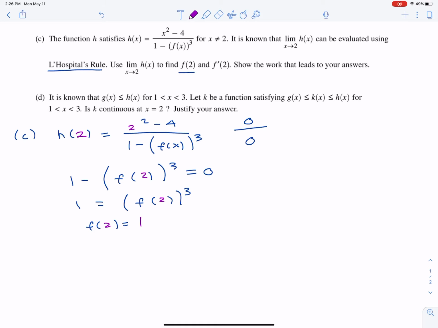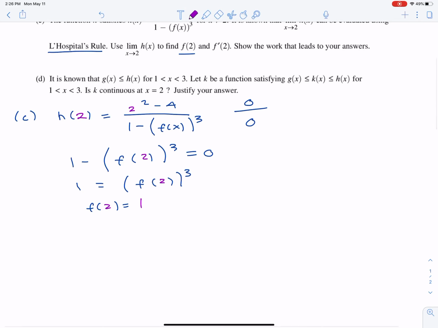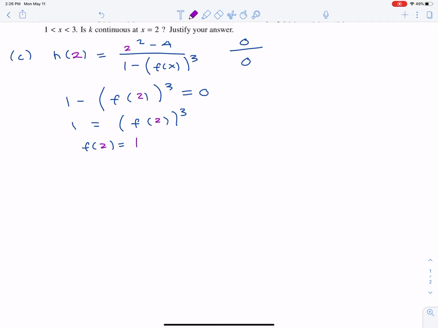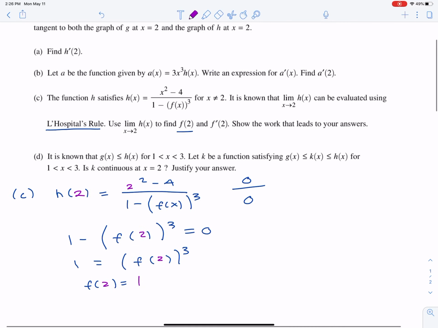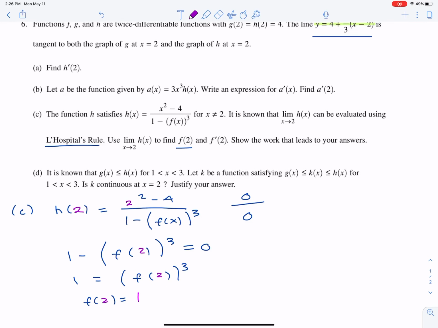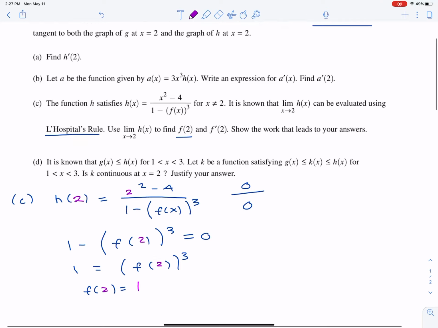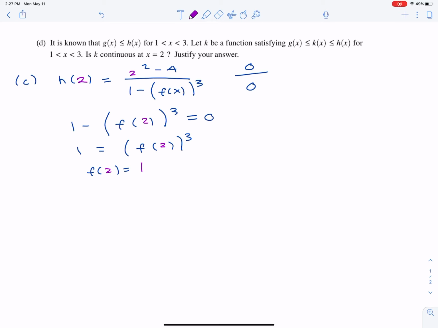Okay, so let's go find f prime of 2. So a couple things that we know. I'm going to keep this in purple. So what are some things that we know? I'm sorry, I'm just kind of losing it here for just a second. Okay, well, let's start from where we were. So we know that h of x,